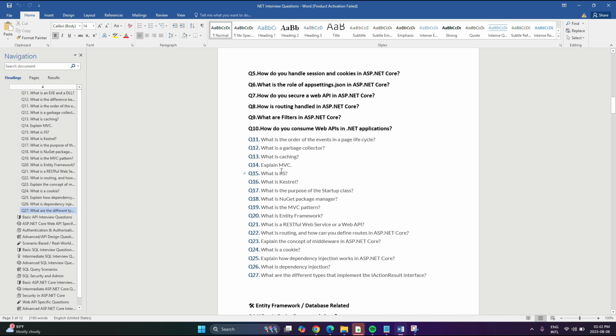What is the garbage collector, what is caching, explain MVC, what is IIS, what is Kestrel, what is the purpose of the Startup class, what is NuGet package manager, what is the MVC pattern, what is Entity Framework, what is a RESTful web service or web API, what is routing and how can you define routes in ASP.NET Core, explain the concept of middleware in ASP.NET Core, what is a cookie,